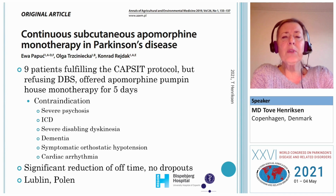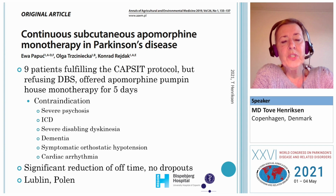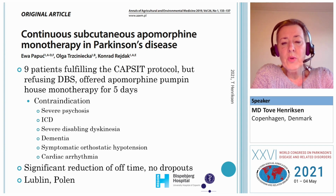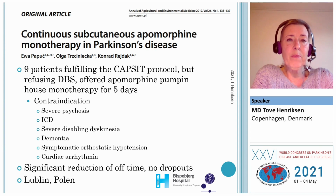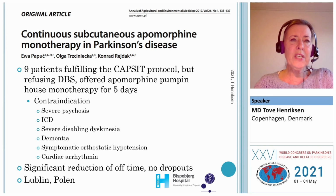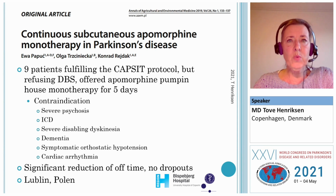So, is it possible to give apomorphine as monotherapy, as we see in Duodopa, which is used as monotherapy? Well, I'd like to turn your attention to this small study from Poland. It was 9 patients fulfilling the CAPSIT protocol for having deep brain stimulation. But the patients refused deep brain stimulation. Instead, they accepted to be included in a study where they are treated with apomorphine infusion therapy as monotherapy for